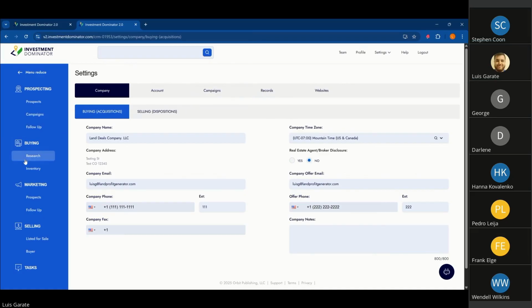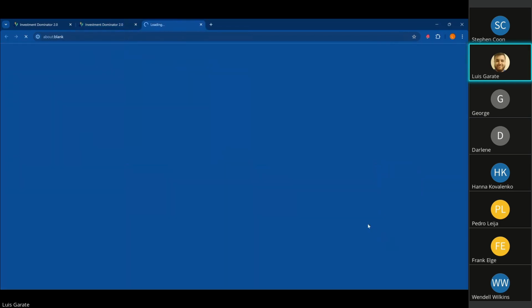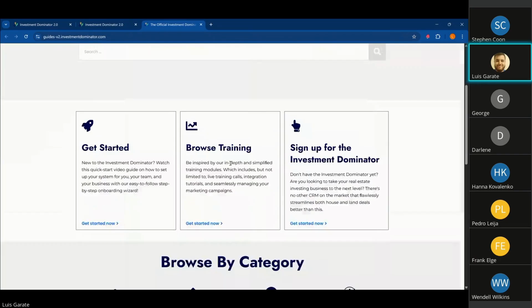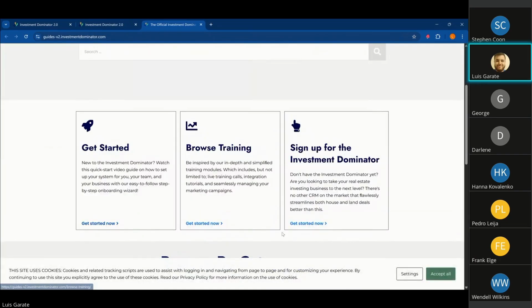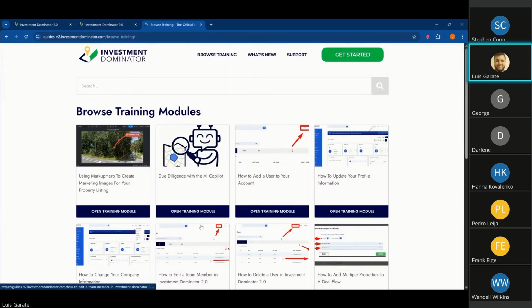How helpful is it to read the Investment Dominator manual? Very helpful, Frank. You want to go to help, and then go to the user guide. We have hundreds of articles. We have a get started training guide, and then you can go through the training here. We also upload these calls, so this call will be uploaded later this week to this place as well. Or maybe you want to check last week's or the previous weeks' calls. You can access them through this